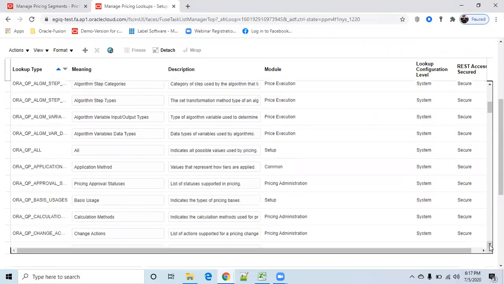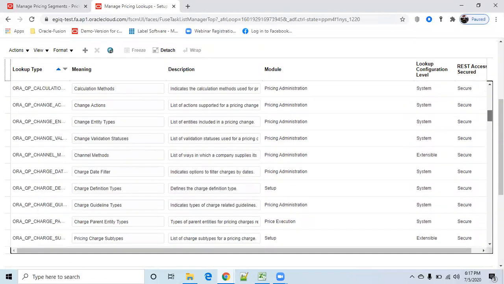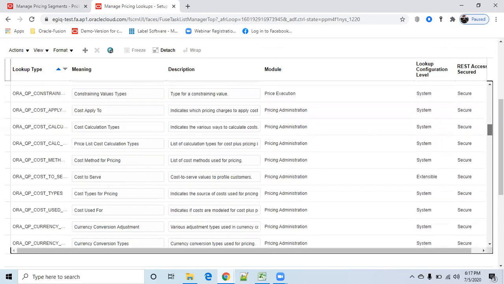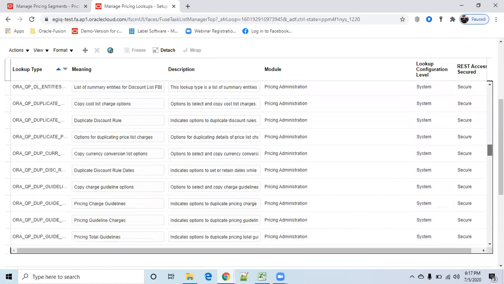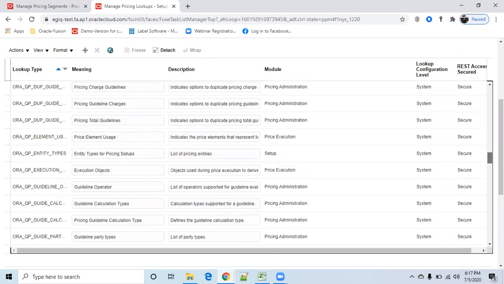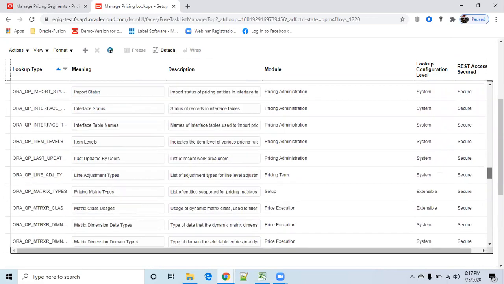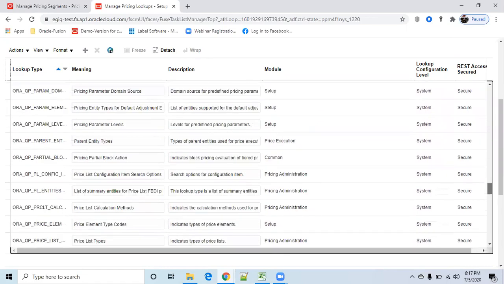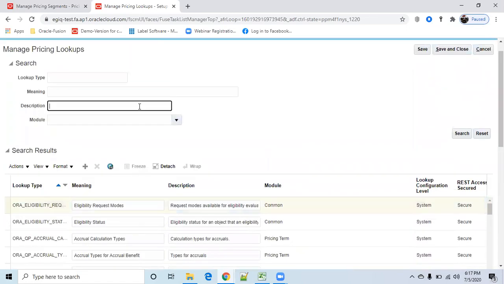You can find it here: setup administration common, pricing, pricing execution administration, pricing segment. Let me keep the description as pricing segment here.